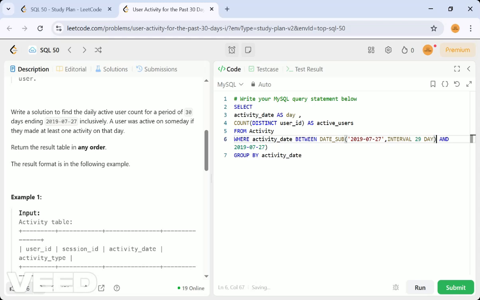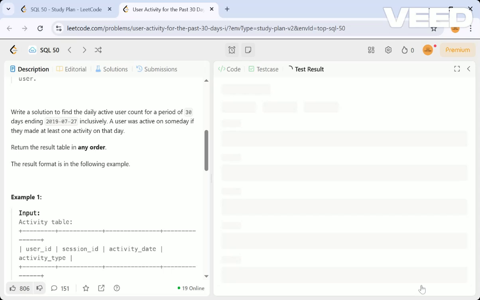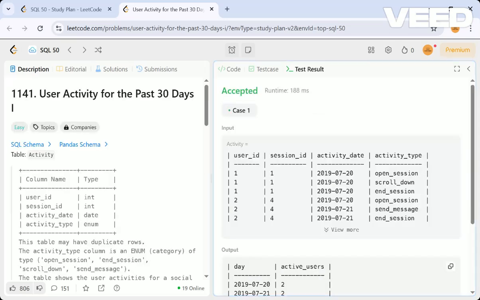So okay, activity date should fall under this and this. So that date and this date, okay. So now it will be fine. So I'm just clumsy, not maintaining readable code.